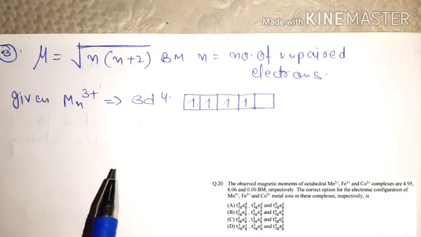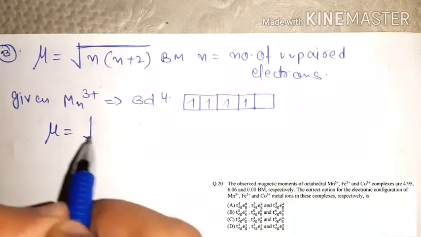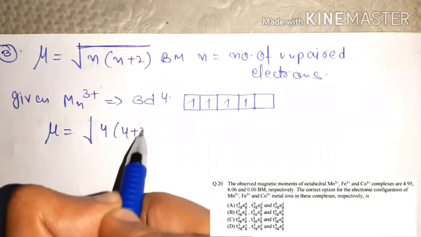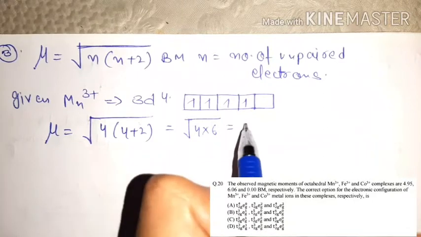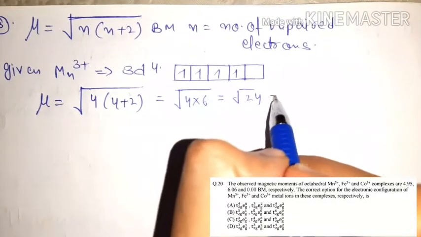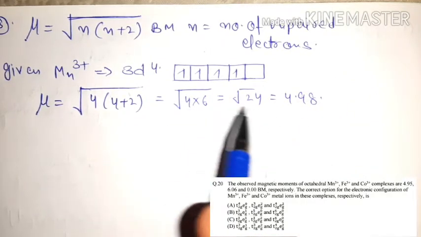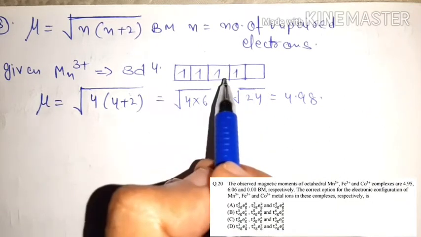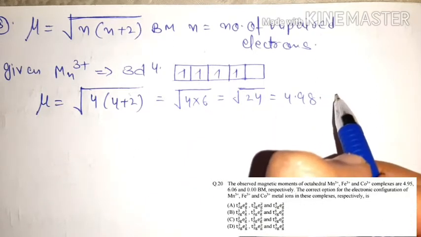Okay. And we have the value 4.94. So the value of mu according to this configuration is √(n(n+2)), that is √(4×(4+2)), which is √(4×6) = √24. And you know √24 is nearly equal to 4.98, less than 5, which is given in your question. So it has 4 unpaired electrons with electronic configuration of